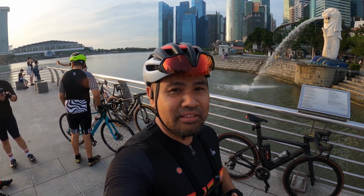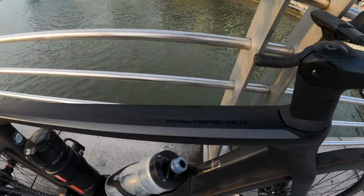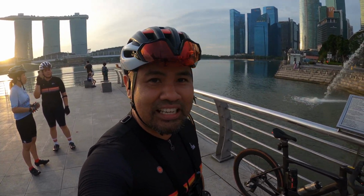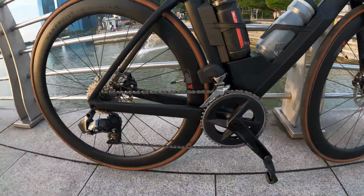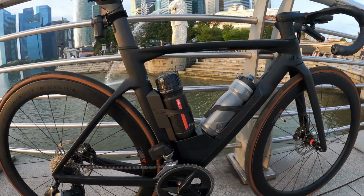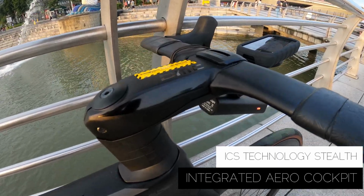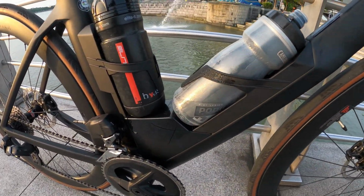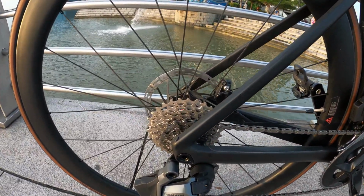Guys, we're here at Marina Bay to look at Enrique's new bike, BMC Timemachine. So it's a custom bike. Let's have a look. It's from Rival eTap. Matte black finish. Fully integrated cockpit, aero bottle cage, compact chainring,